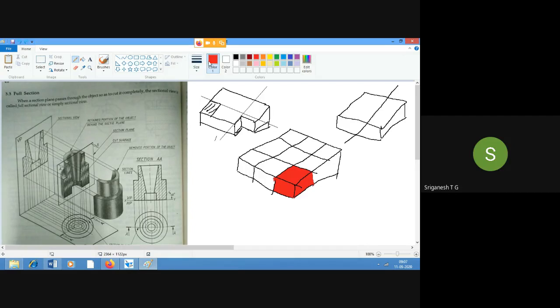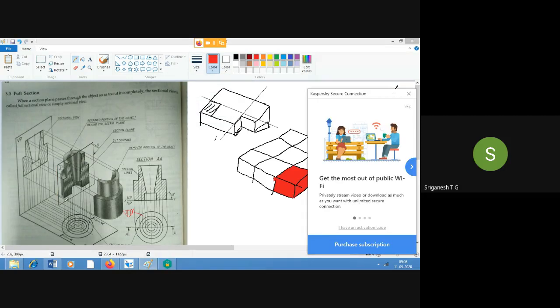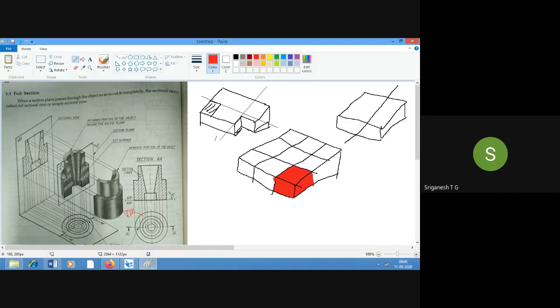Now let us go to the front view. Before we go to the front view, what has been given? He is telling us to cut this object at this particular place.